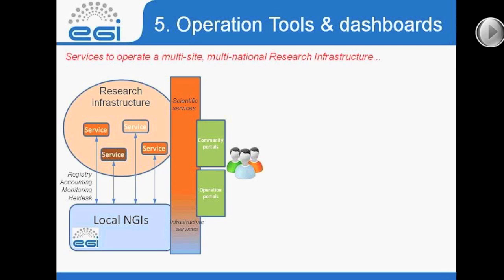It can be, for example, a computational simulation code which is incorporated in some portal interface or incorporated in some workflow system. And what the NGIs can do in this respect is to provide you service registry, service accounting, monitoring, and help desk support for you to operate that service. So the core backbone of this operational infrastructure remains in the NGIs, but your service is running in your sites